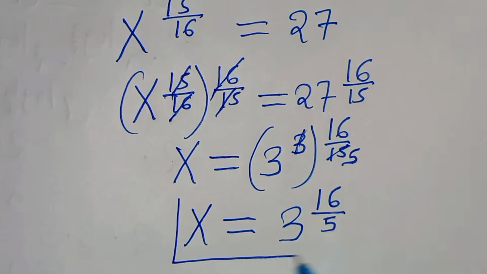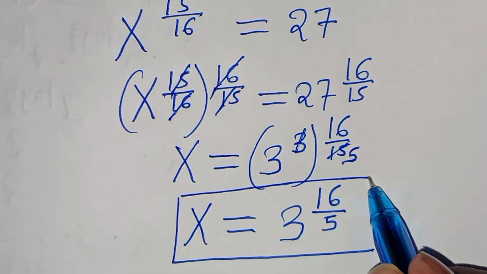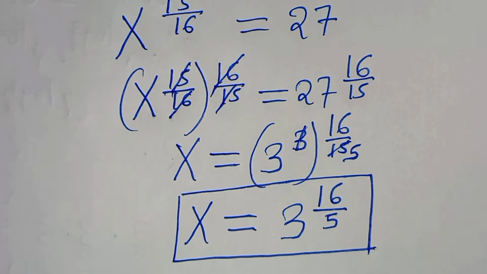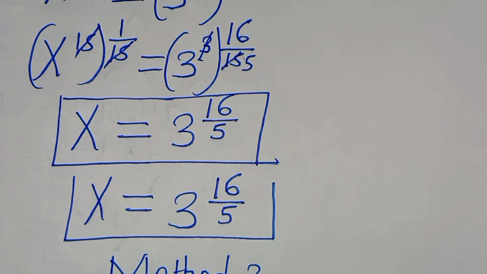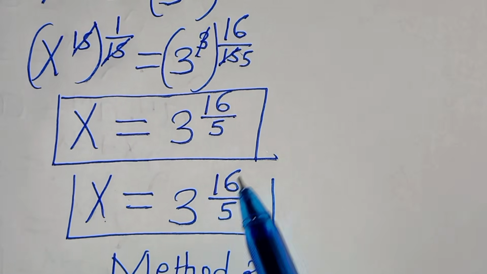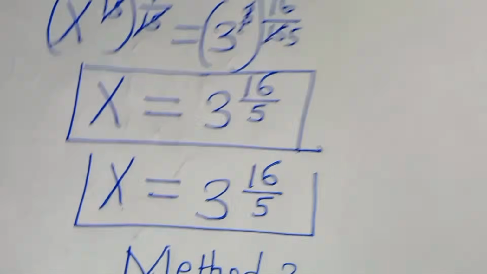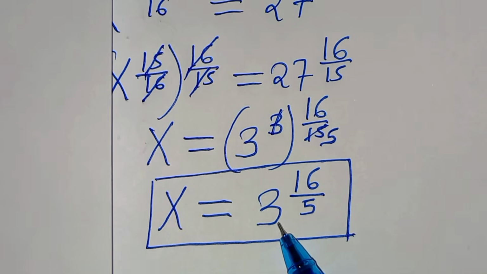So this is the value of x by applying method 2, which is the same as by applying method 1. Applying method 1, this is 3 to the power of 16 over 5. Applying method 2 is the same thing as 3 to the power